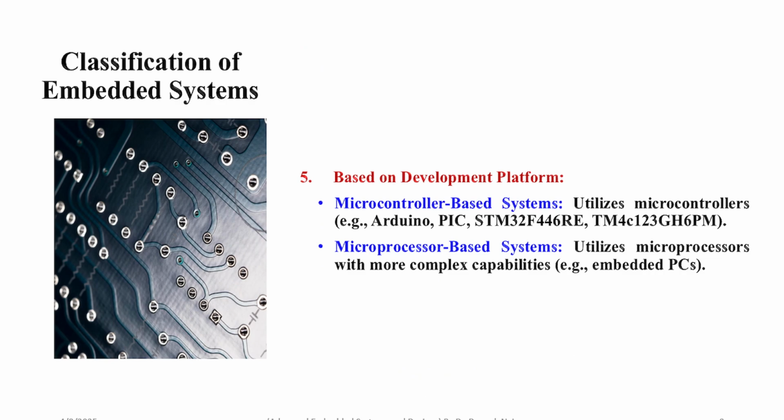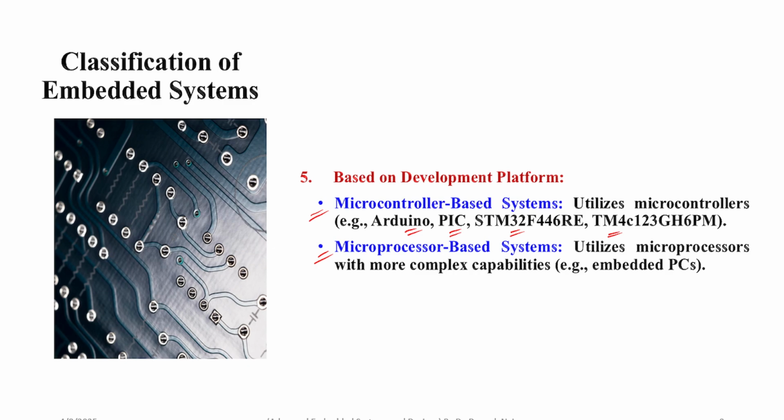And lastly, we can classify the embedded systems based on the development platform. When we say development platform, we are talking about the hardware which is used to design or develop those embedded systems, mostly based on microcontrollers or microprocessors. So microcontroller based systems may use microcontrollers like Atmel's ATmega328, which is generally used in Arduino boards, PIC based microcontrollers, STM32 based microcontrollers, or